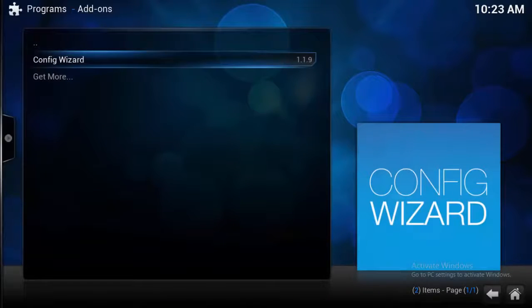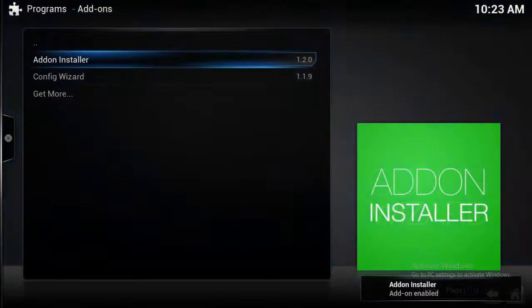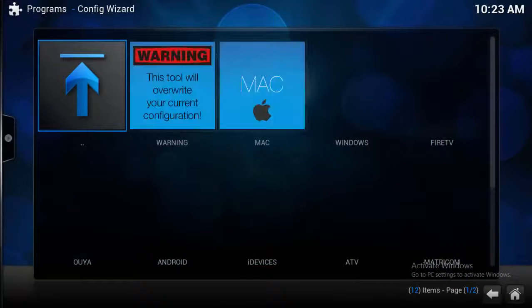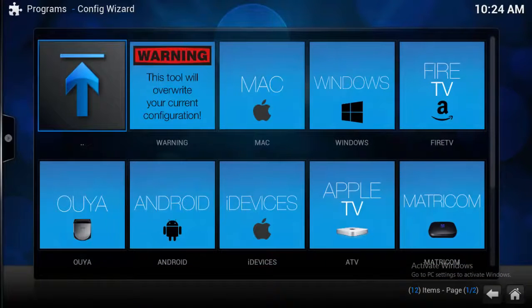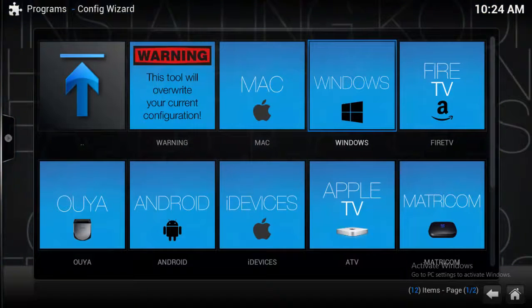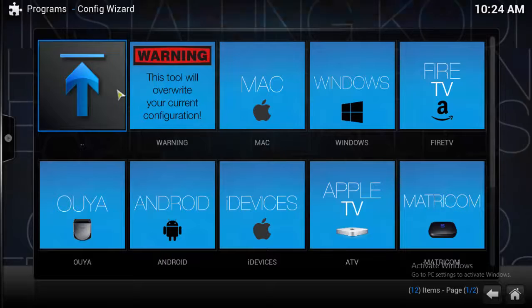Now, there's the Config Wizard. That's neat. And there's the add-on installer. Config Wizard, you're going to choose your platform, and it makes it a lot better. So, if you're running on a Mac box, if you're running on a Windows box, this is the one I'm going to run. It's going to tweak everything and enable it to work as good as possible. I'm not going to do that right now,